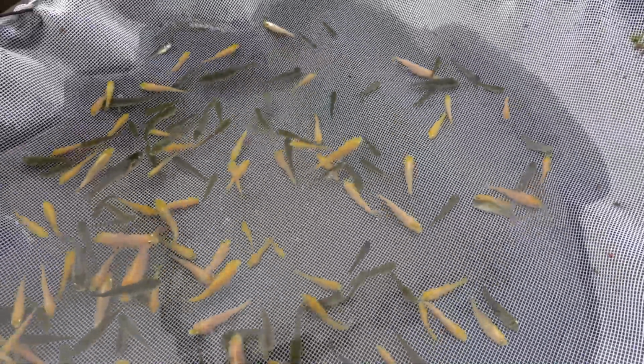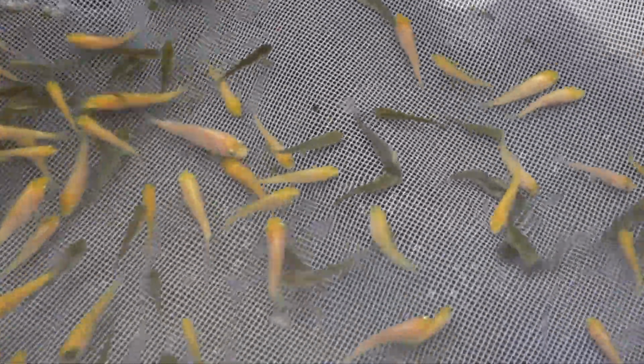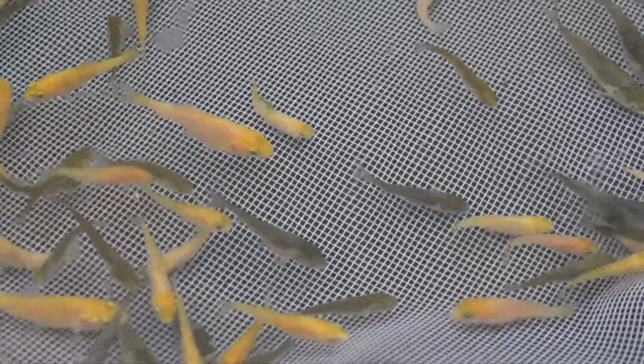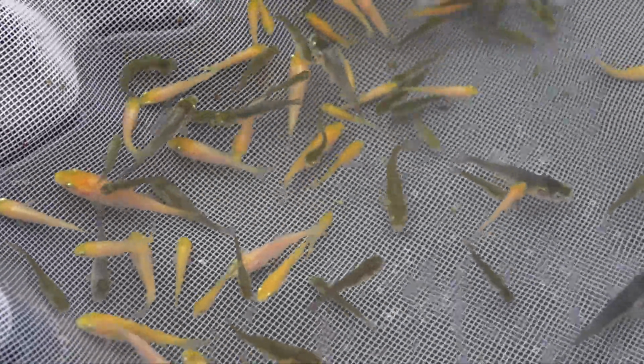I'd say one of the main objectives today is to get rid of the smallest. You can see some of them are really incredibly small, and I don't think they're ever going to grow, so they need to go to make space for their larger siblings. And then once I've gone through these, the keepers initially go to another part of the net, and then maybe I'll sort through again and have a count up and see where we're at later on,